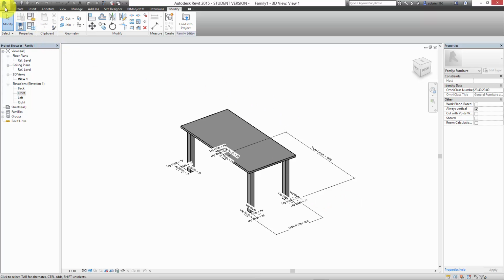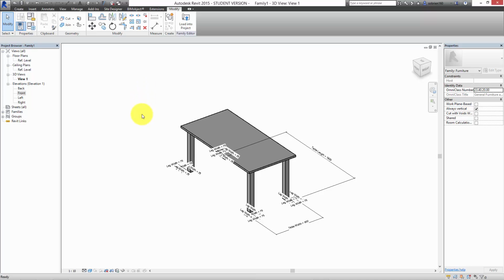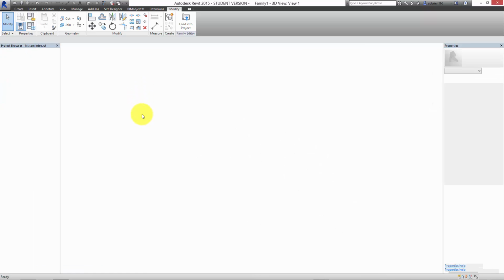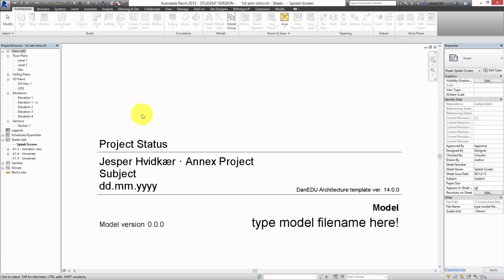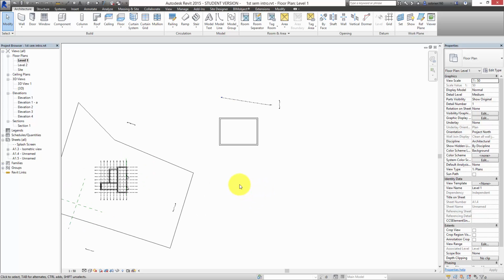So just to show you how that works now, I'm just going to open a project. So I'm just going to open the project I've got here. Let's see what projects have I got. First semester intro. Let's just open that up. I can't remember what that is, but anyway. Same one as you guys have. So I've got a project. I'm going to go back into the family,